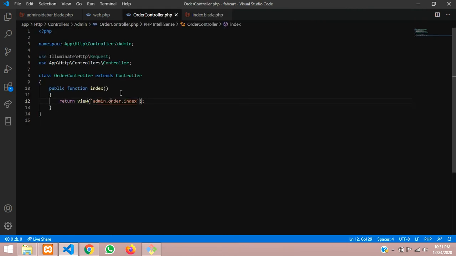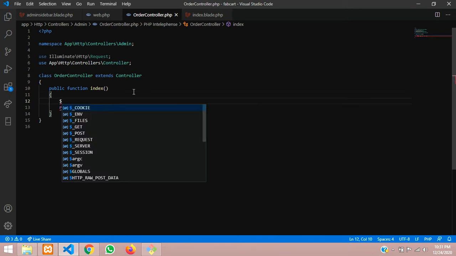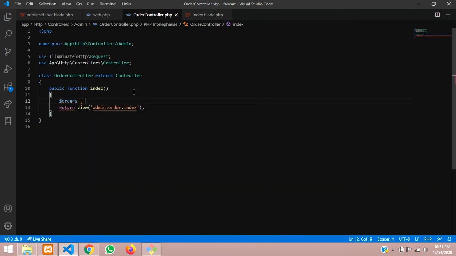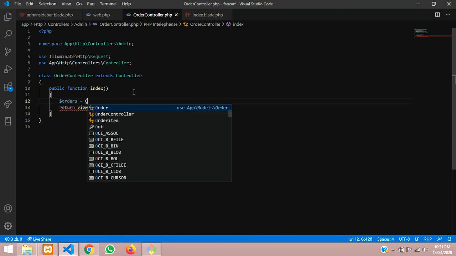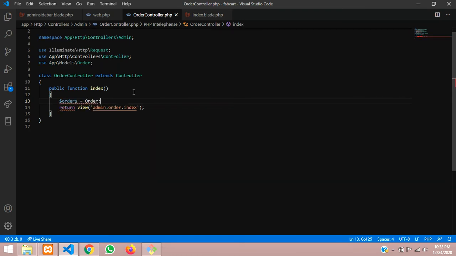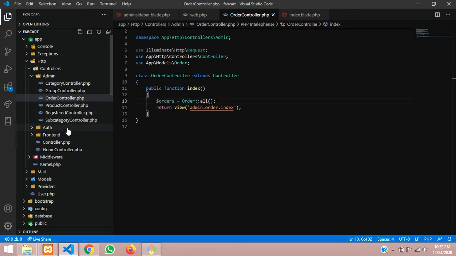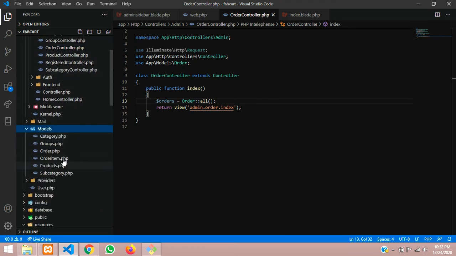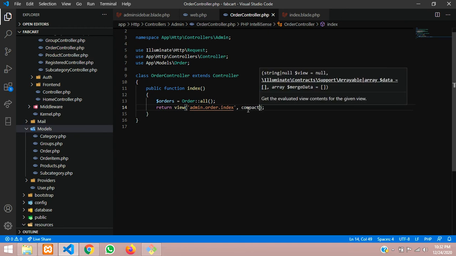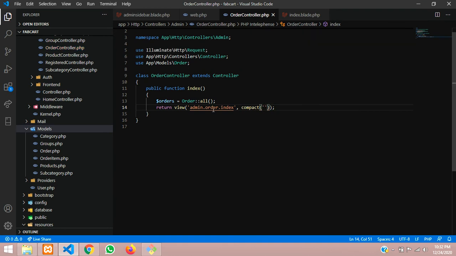Let us pass that variable first. $orders is equal to your Order model, where you fetch all the orders. Order.php is there in the models, so I am fetching that order model. Let's pass this, or else you can pass it with compact, passing orders.